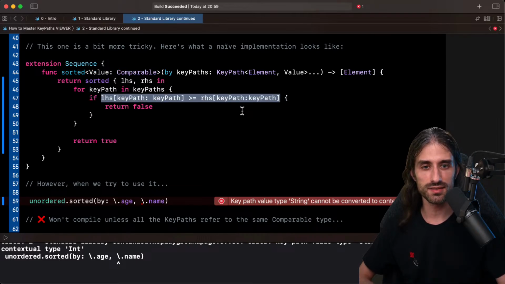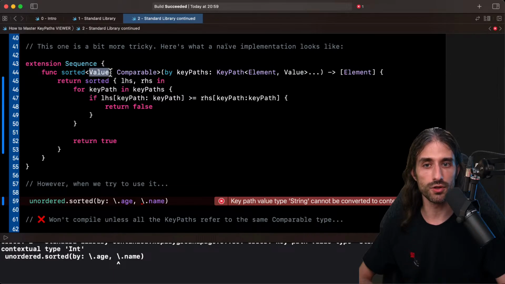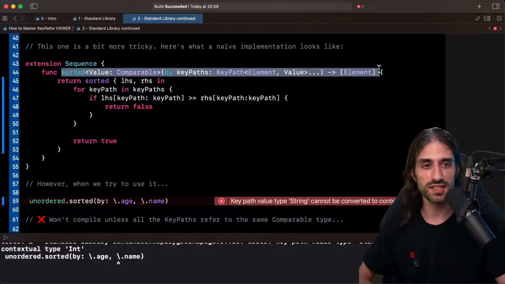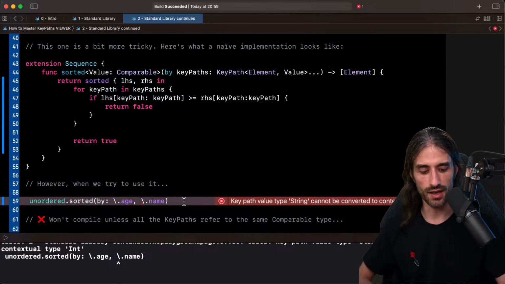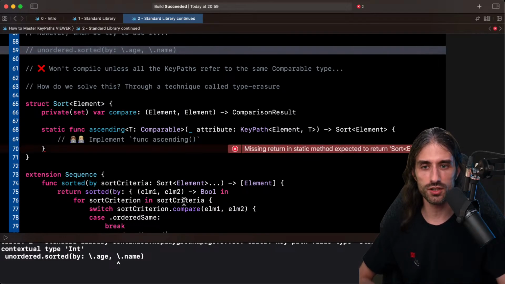Using this, we're going to be able to come up with a syntax where the sorted method only needs to know about the root, and the value can be omitted from the signature of the sorting function. This might seem a bit weird, and rightfully so, because type erasure can be a bit confusing, but as we go into it, you will see that it will all make sense.